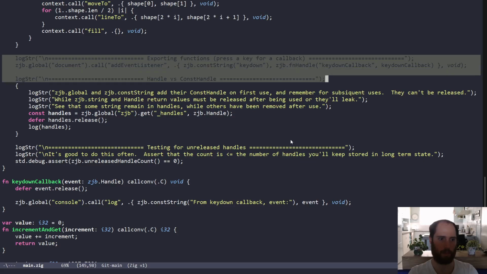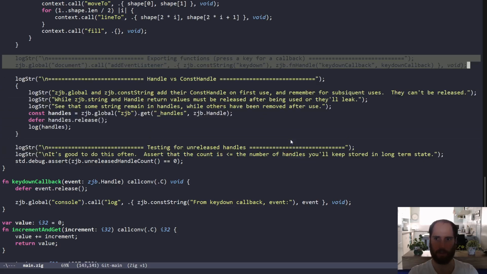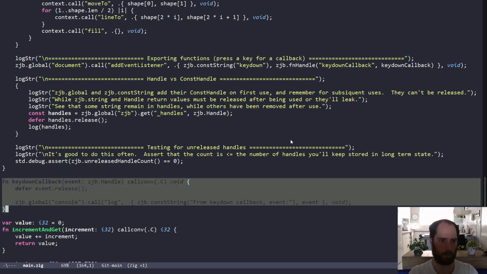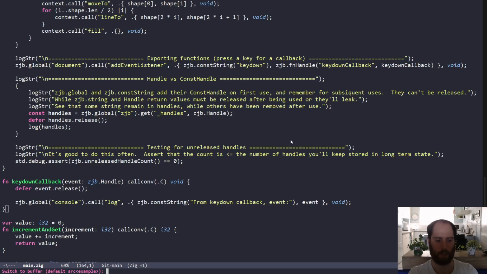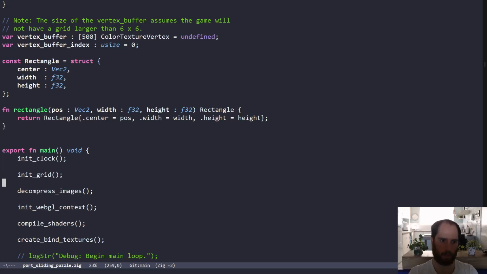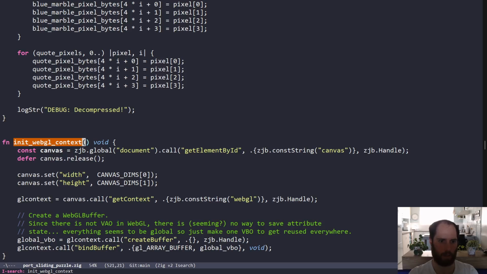Okay, so let's save this to 1, save this to 2, and then in the port, when we init the web geo context, I guess we can insert